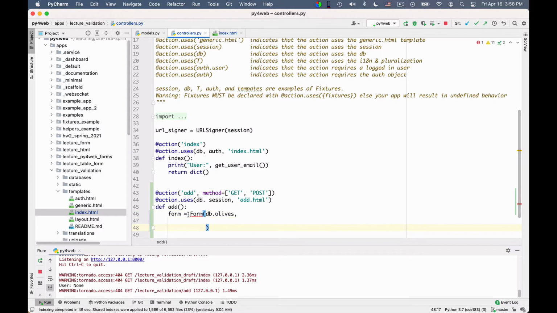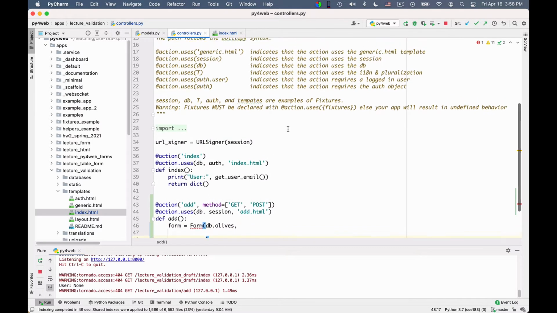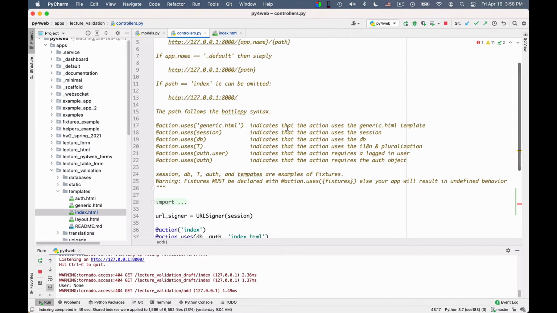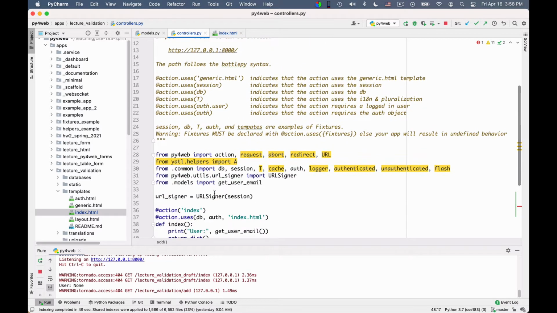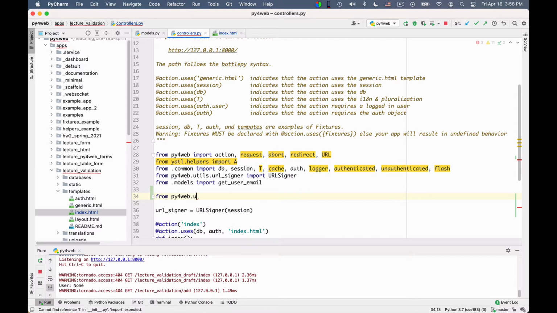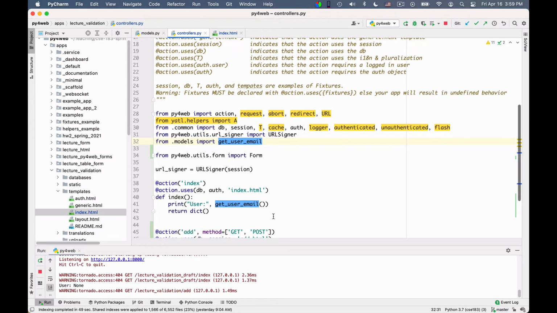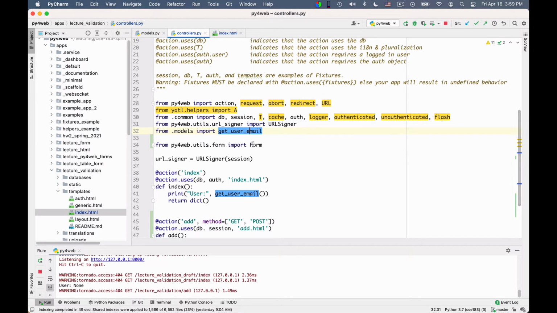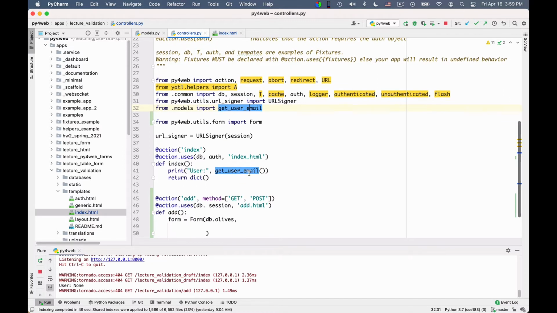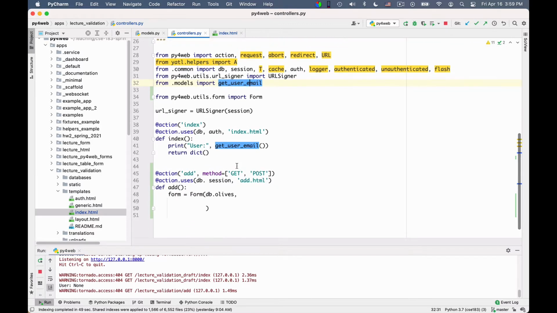Okay, so here I notice an error. I have imported form, so I need to go up and import it here. From py4web.utils.form import Form. Okay. This is one of the few problems of writing this type of code, that per se you don't know where to import the forms, right? So you have to sometimes look around a little bit, which is the right module that provides you with those.